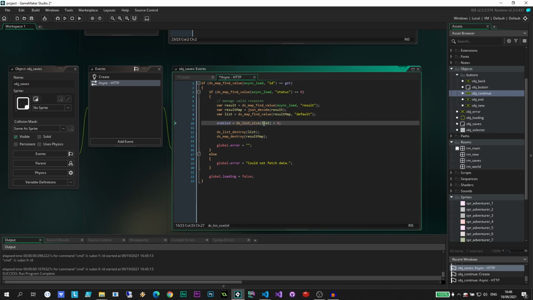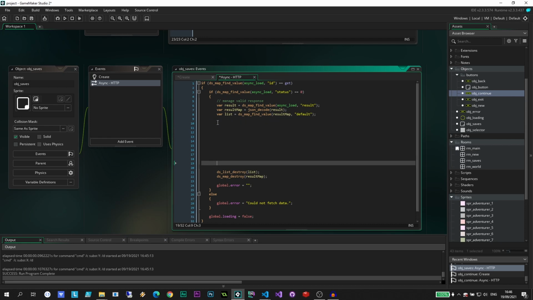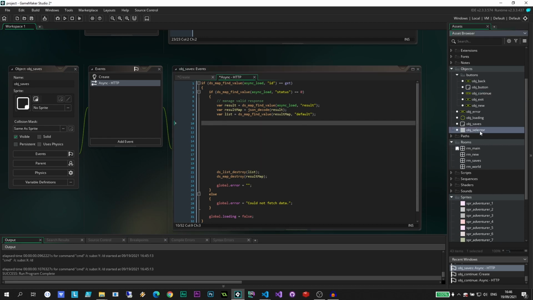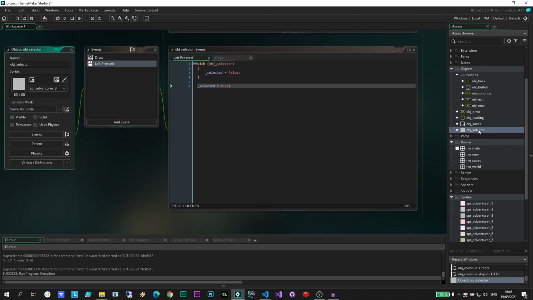Instead of checking the size of the list to determine what we need to do, we are actually going to be going through that list and creating instances of some sort of player object. In this case, we're going to be calling it that object selector over here. So for every player we have in our database, we're going to create a quote-unquote selector, which is going to allow the user to select it to then prompt further interaction, delete, save, continue, that kind of